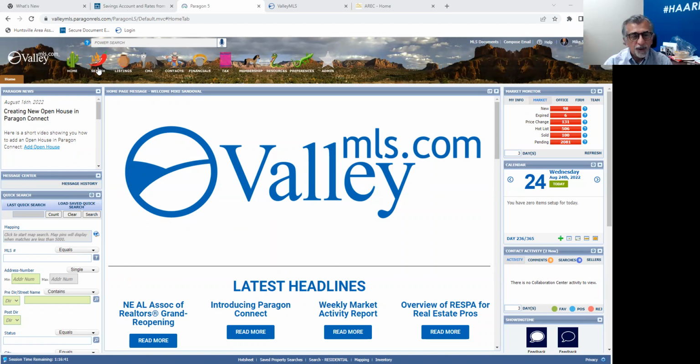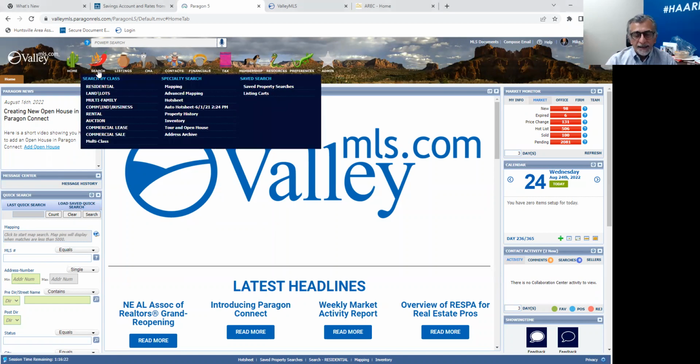So starting at the home page from Paragon, you're able to click on search. Now we're going to go through the search icon. There are other ways to search. If you have the address, you can type it into the power search, pull up information. If you have an MLS number, you can type it in. There's a quick search option on your home page,